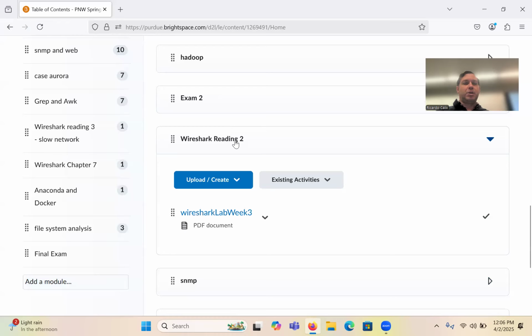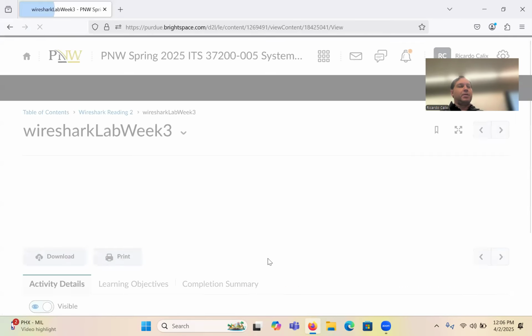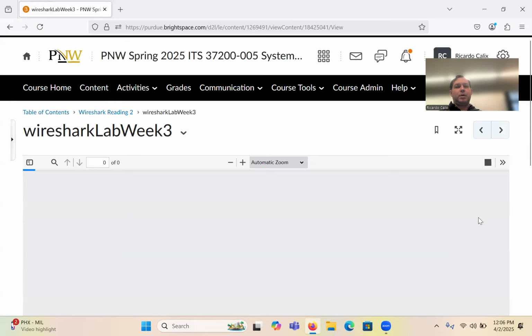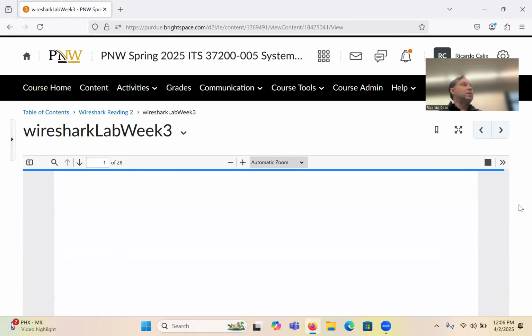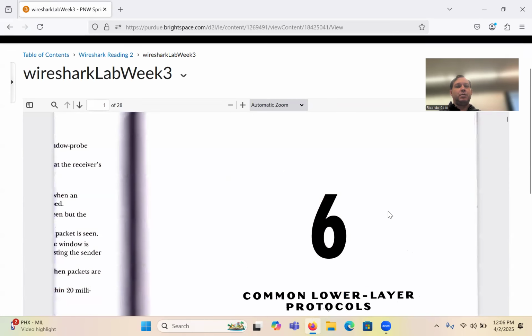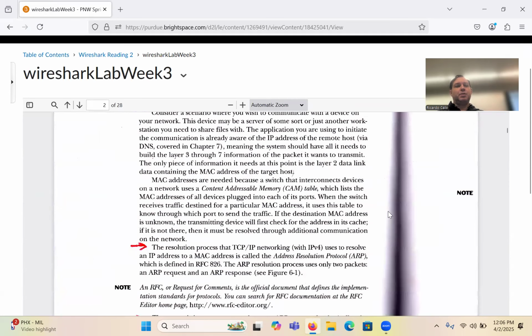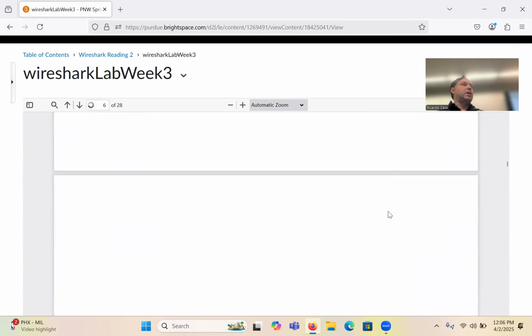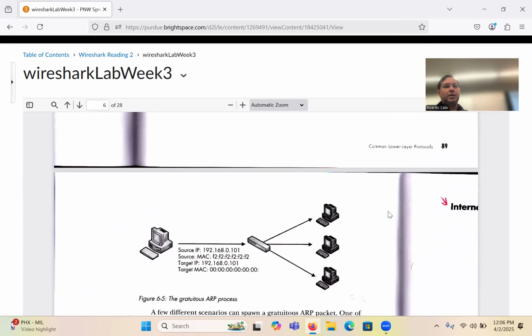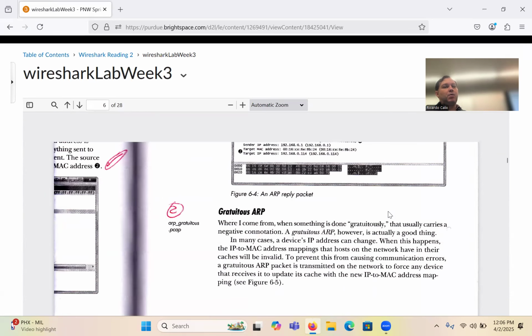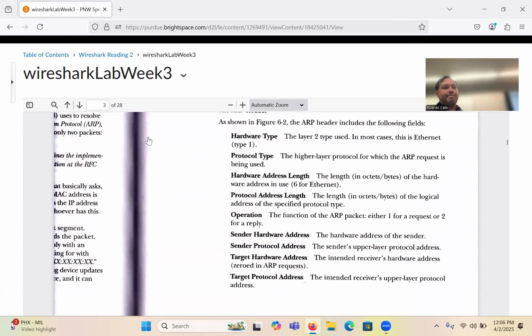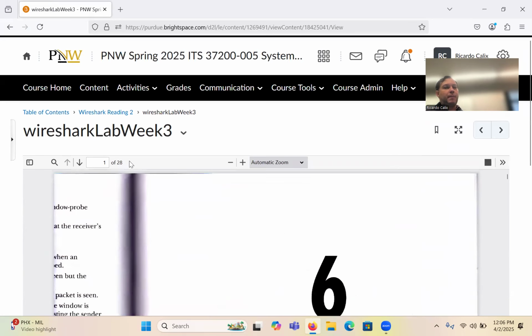This is Wireshark reading 2, the second one in the series. Same thing: provide a one-page summary. This is the document that you should go through, a type of tutorial. The drill is to read through it, download the PCAP files, open Wireshark in Linux, and play with it. Then at the end, provide a one-page summary of the Wireshark reading.